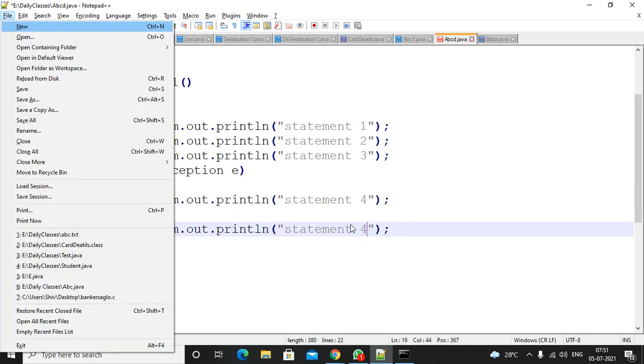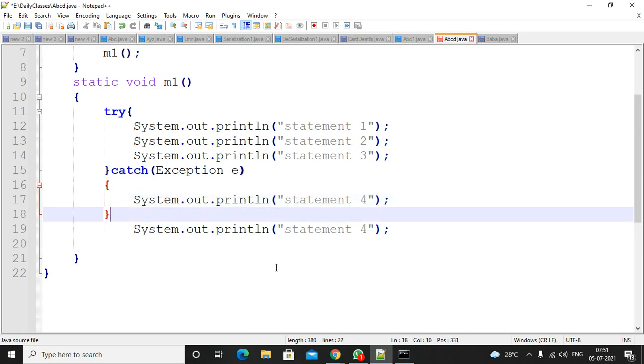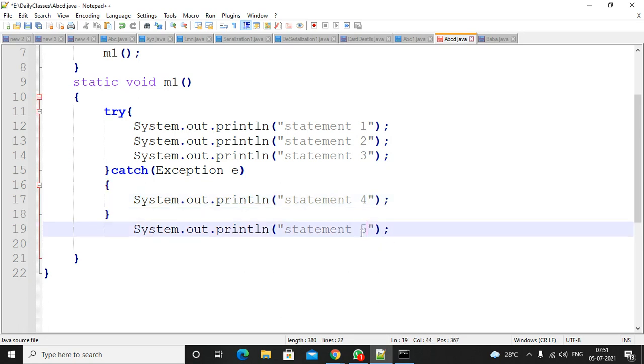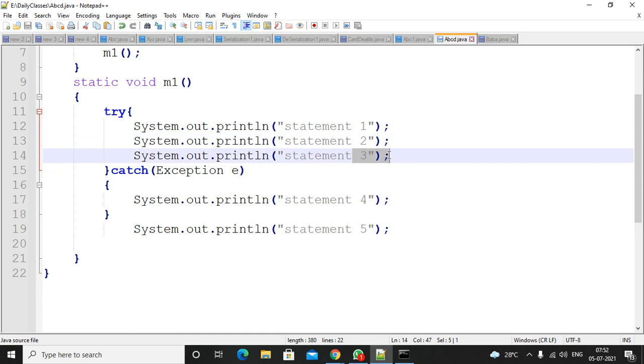Now you have to tell me, if there is no exception at line number 1, 2, 3, and 5, this is 4, this is 5, then what is the output? You don't have an exception at line number 1, line number 2, or line number 3.